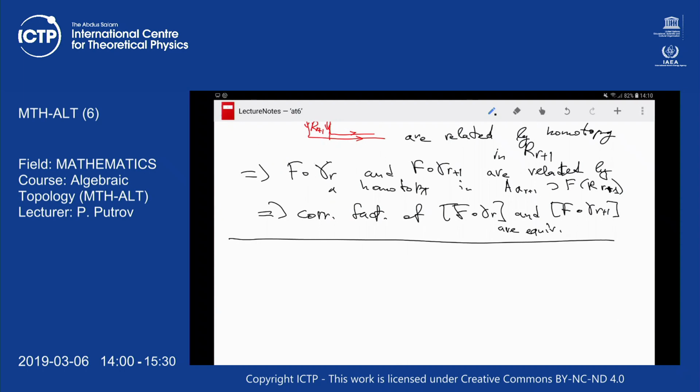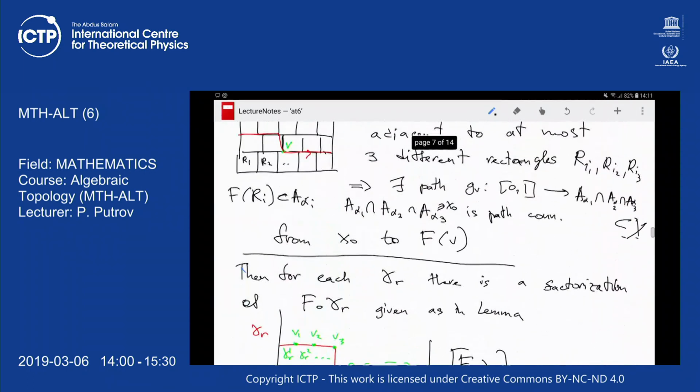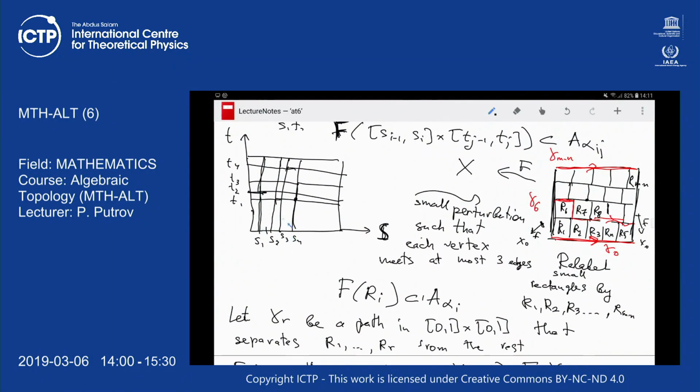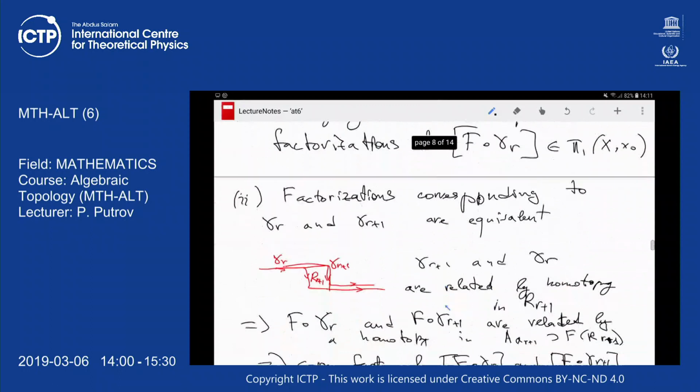So now let me make the following remark. Before, we constructed a certain subdivision of the big square, so that each small rectangle maps to a particular open set A alpha. So we can assume that